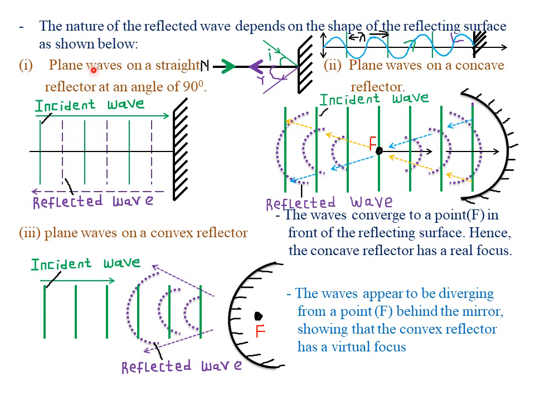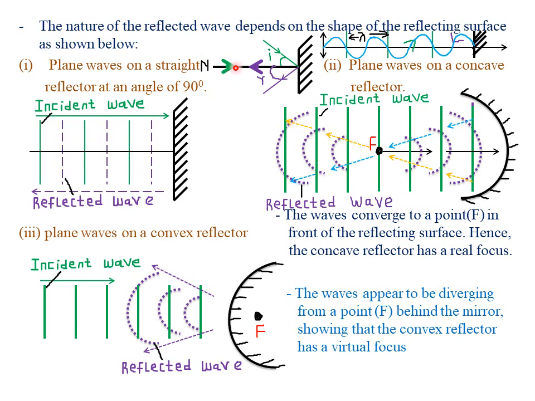So for this case, we are talking of a straight wave or a plane wave on a straight reflector at an angle of 90 degrees. So it simply means that our incident waves are meeting the reflecting surface at an angle of 90 degrees. And we know that a line which meets the reflecting surface at an angle of 90 degrees, we call it the normal. And if you have a ray which is parallel to the normal, it will always be reflected through